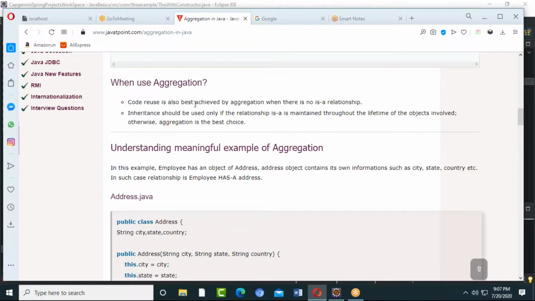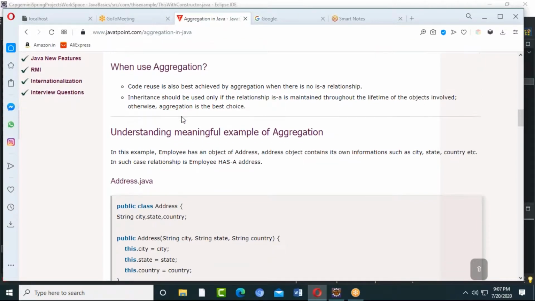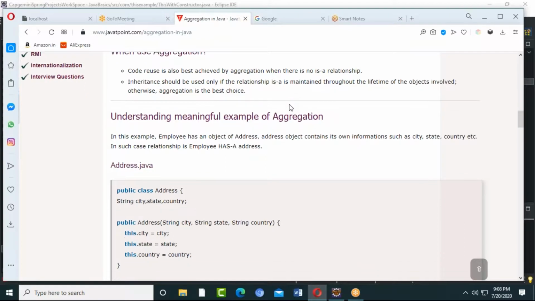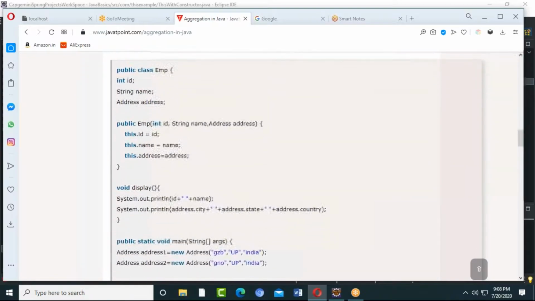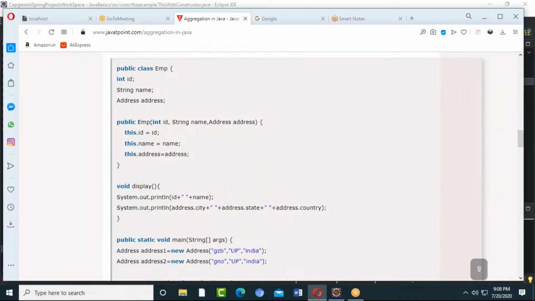Code reuse is also best achieved by aggregation when there is no is-a relationship. So inheritance should be used only if the relationship is maintained over the lifetime of the objects involved. Otherwise, aggregation is the best choice. When the objects don't have an is-a relation, we have to go for a has-a relationship. What do you mean by a has-a relationship?